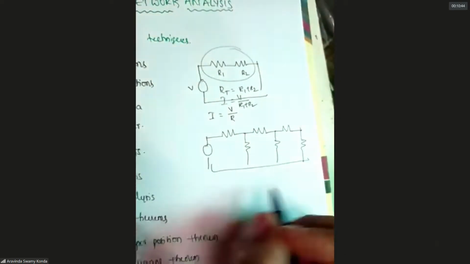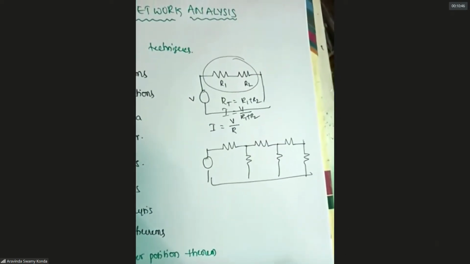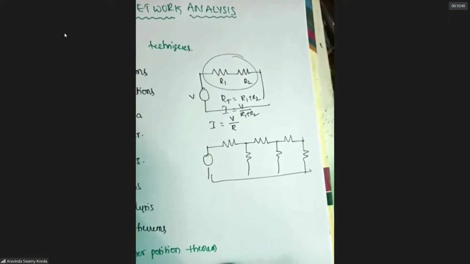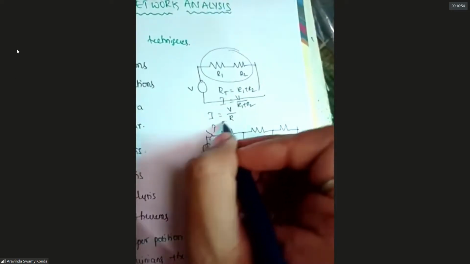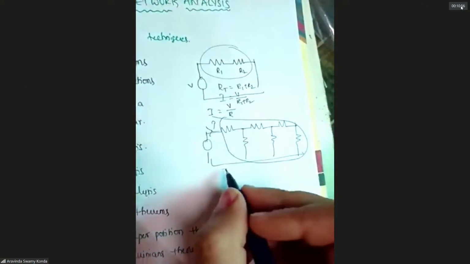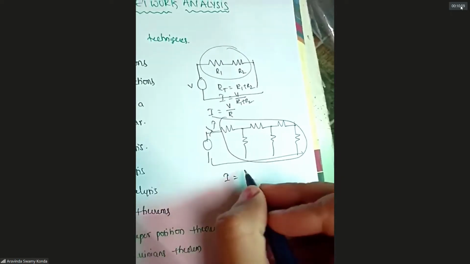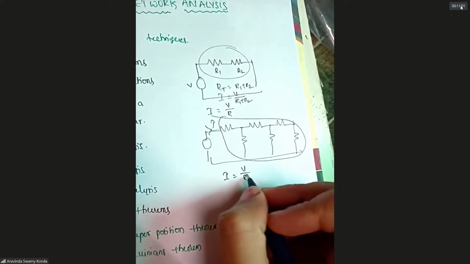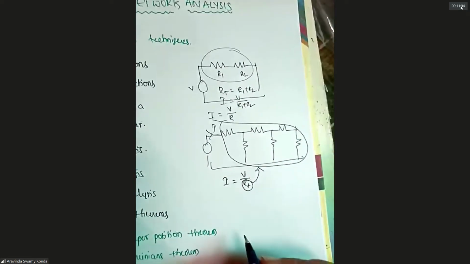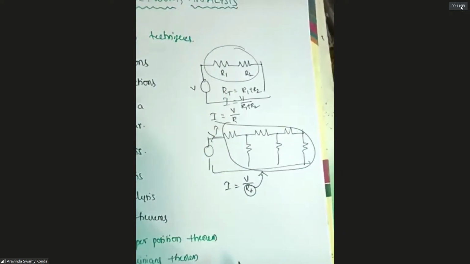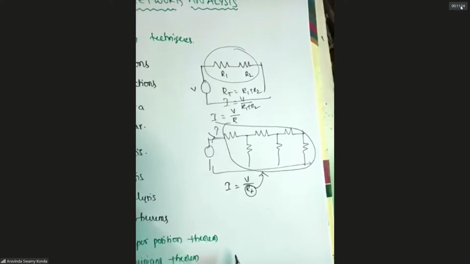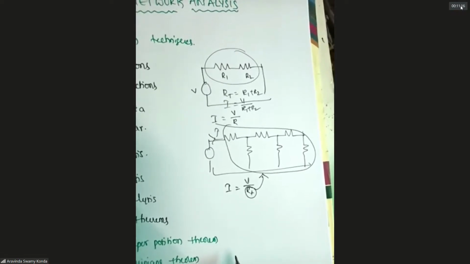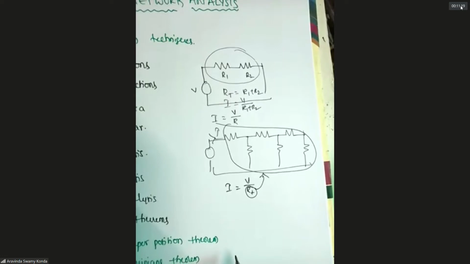But coming to this complex circuit, we cannot say directly what the response is and what the total current supplied by the source is, and what the total resistance is. If you require the total current supplied by the source, it is V by total resistance. This total resistance is more complex here. So in order to find the total resistance, we use reduction techniques, and they depend upon the connections of the network.